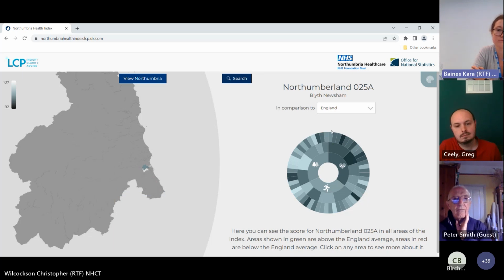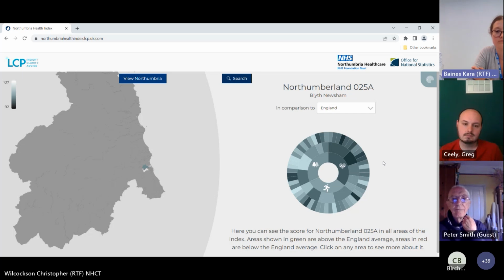And what we've got on the right-hand side of your screen is what we're calling the donut chart. On the very outer ring of this, you can see a colour representing either a high or a low score. The lighter the shade, the better the score, all the way around the outside. That's where those 56 indicators are. Then moving into that middle ring, you've got those subdomains, and in that inner ring, you've got those full domains.